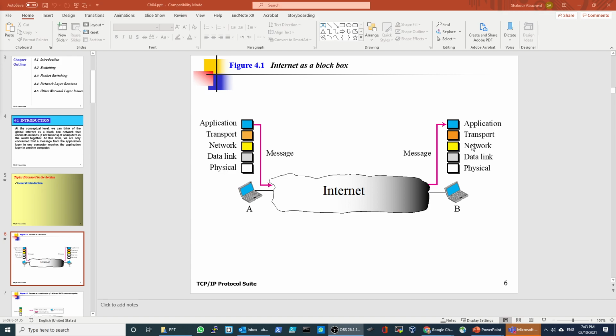As you see here, at your application layer, let's say an email, the data will be sent down to the transport layer. Usually it's TCP, not UDP. It's going to go to the network layer. The network layer adds the IP address to the packet. Then it goes down to the data link layer. It has to know the source and destination IP addresses, and then through the physical layer, it's going to go to the internet. This internet is a big story.